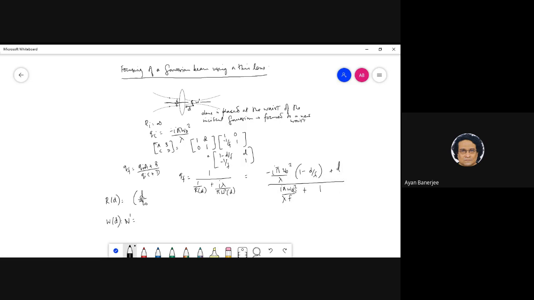Write this pi lambda by w as z0, and see what comes. Pi omega 0 square by lambda is z0, so it is actually z0 by f d1. Just put pi omega 0 square by lambda equal to z0. Now tell me, it is much simpler.